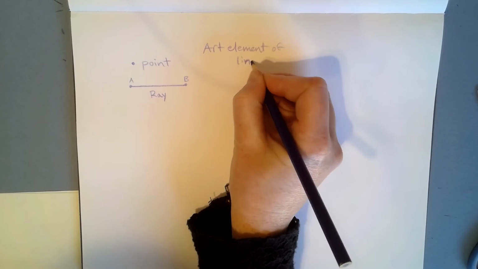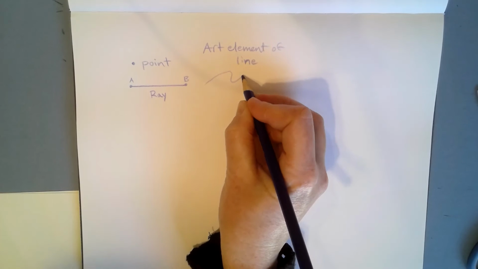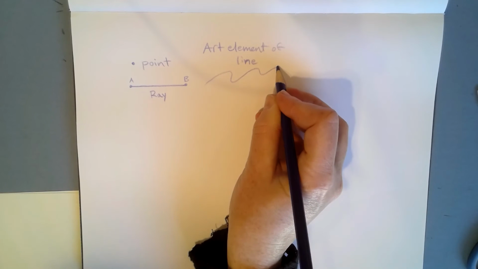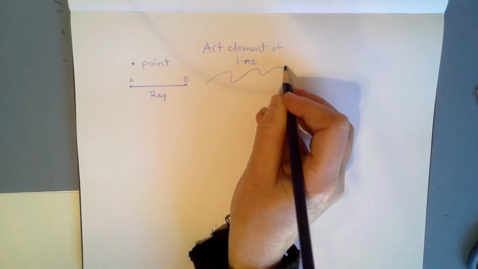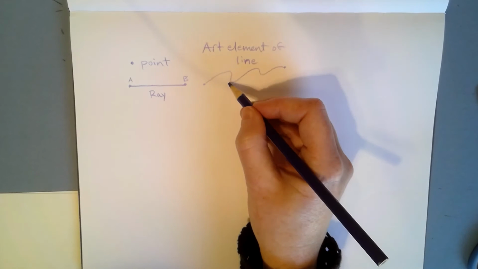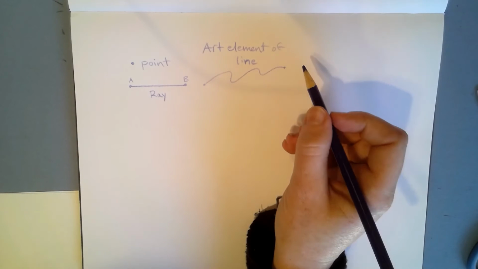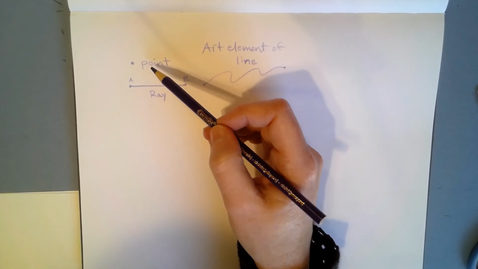Simply seeing where your pencil, or whatever you're drawing with, has been, because it leaves between point A and point B a trail or line of evidence, okay? So, math terms, a point, a ray,